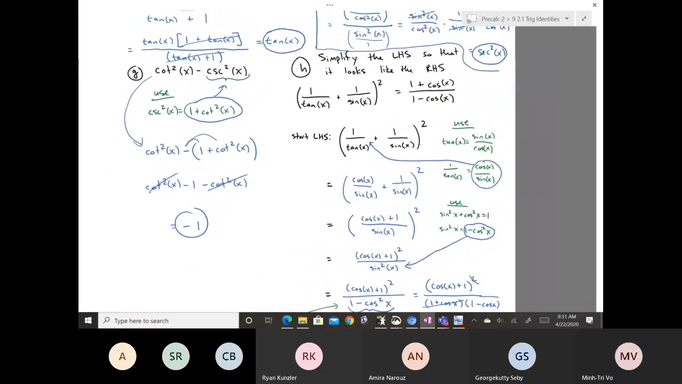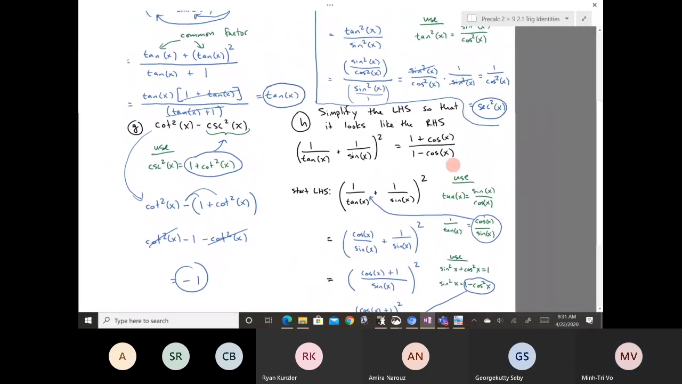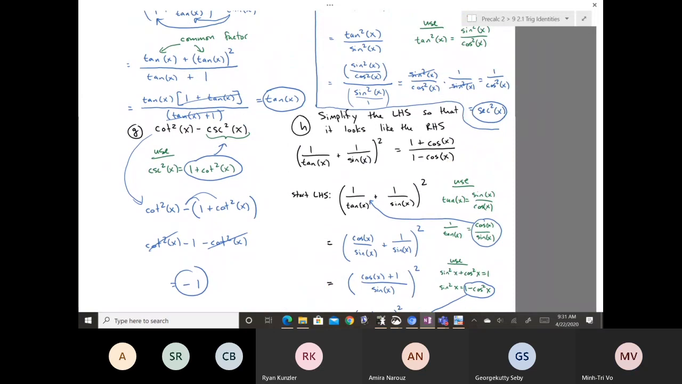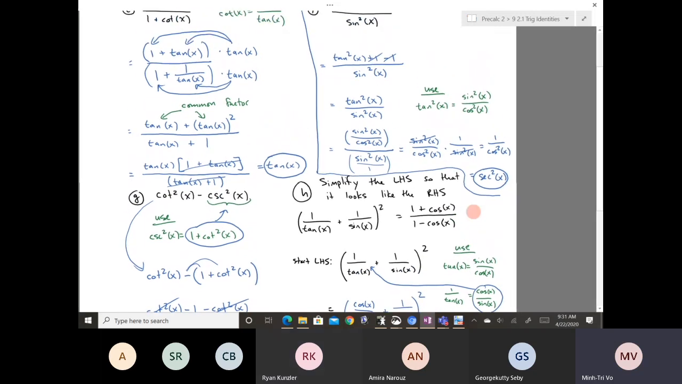Okay, so yeah, so again, there's no general procedure for these kinds of problems. So I mean, there might be some trial and error involved when you're practicing